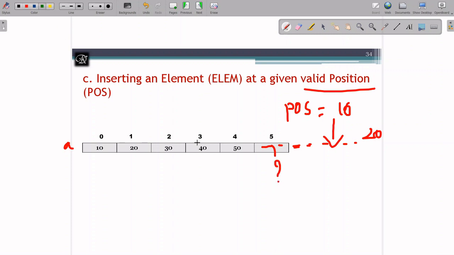These are not valid values, so I cannot store the value at position 16. So I can assume right now that I am having only 5 locations and I have to insert within 0 to 5.